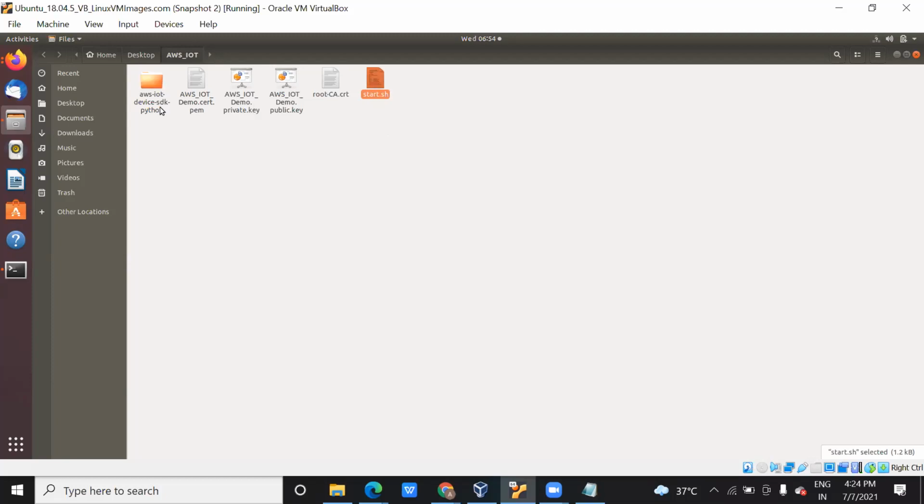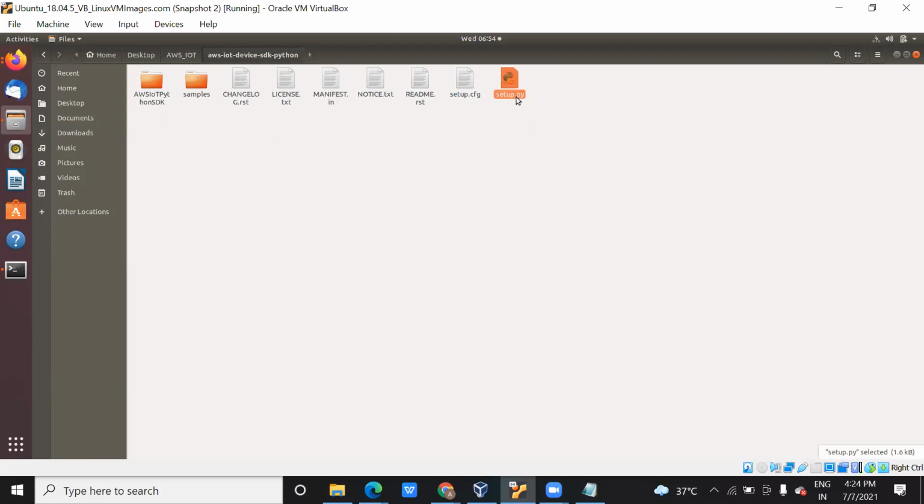Okay, and this is one AWS IoT device SDK Python. What is this? This is one Python file. Now the question is, why am I getting this Python file? It's not mandatory; based on my selection, it has given me a Python file. I am going to show you everything one by one. Let me show you how it actually looks, then I will show you with the lab.